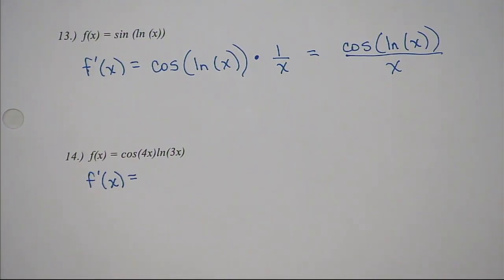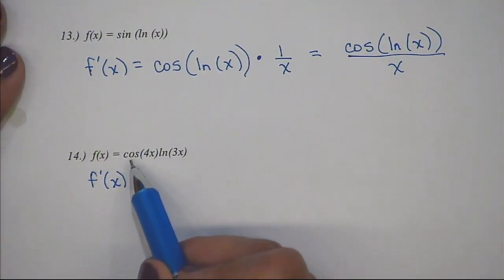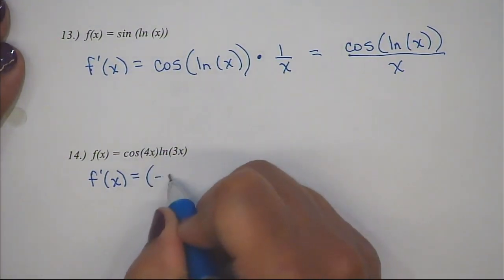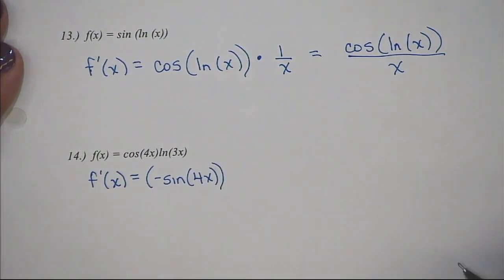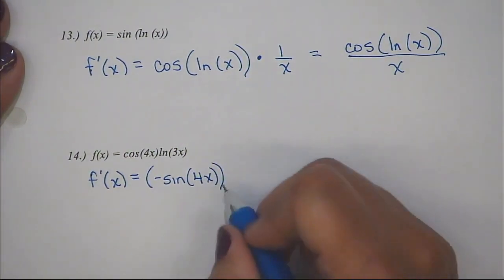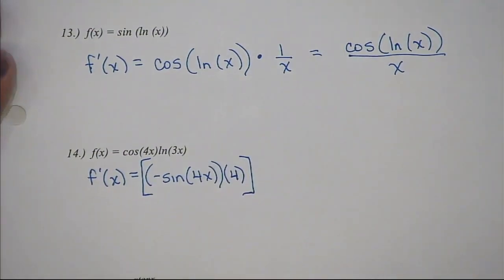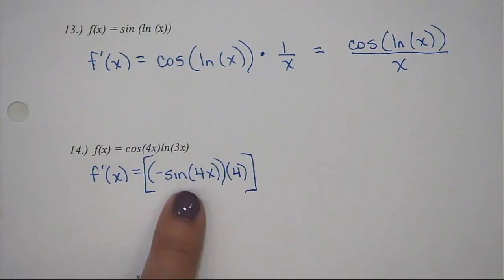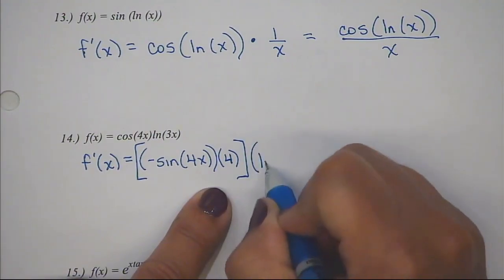So the cosine of 4x, this is a chain rule. We're going to start with the derivative of the outside. So the derivative of cosine is negative sine, leave the inside alone, times the derivative of the inside, so times 4. I guess I shouldn't have put that other parentheses there, but all right, so that's the derivative of the first term. And you can write negative 4 sine of 4x, that's fine. Most of you know to do that now. Okay, so there's the derivative of the first times the second, leave it alone, natural log of 3x,